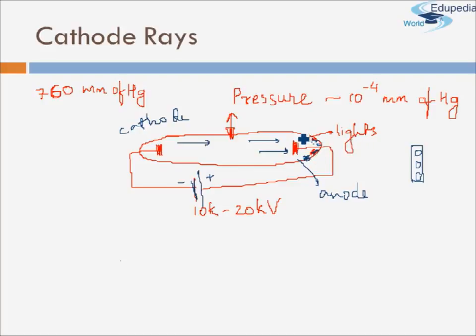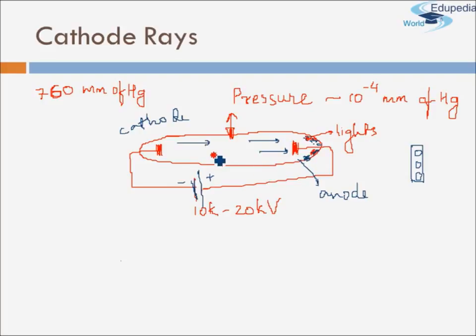Because this end of the tube was coated with some special material like zinc sulfide. There are several other materials you can use to observe light, and with each kind of material you might get a different colored light. With zinc sulfide you might get green light; with some other material you might get blue or pink light. Based on the material used, the color of the light changed, but it didn't matter, because as long as there was some material here, it always showed that there was light here,